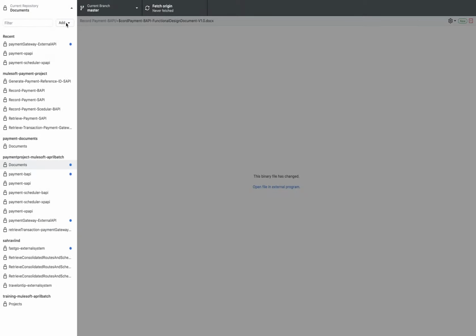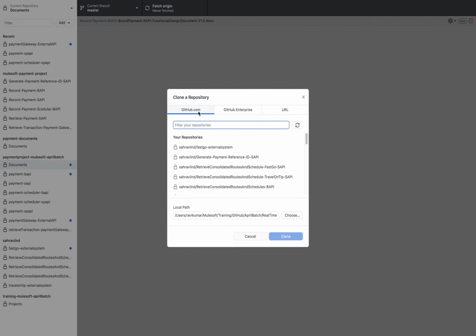Go here, you can see the add option, click on this drop down, then clone repository, then select github.com, and then just type document. In my case I can see multiple documents, but in your case you will be able to see only one document, MuleSoft customer module, this document.